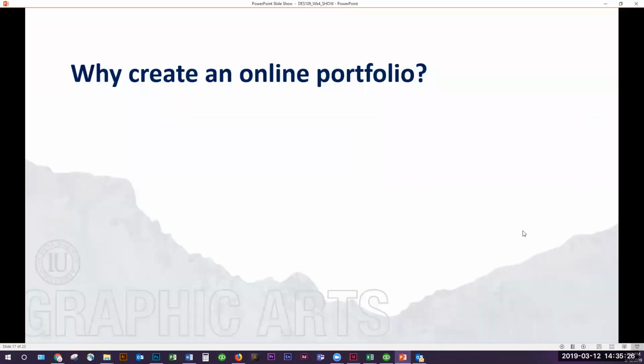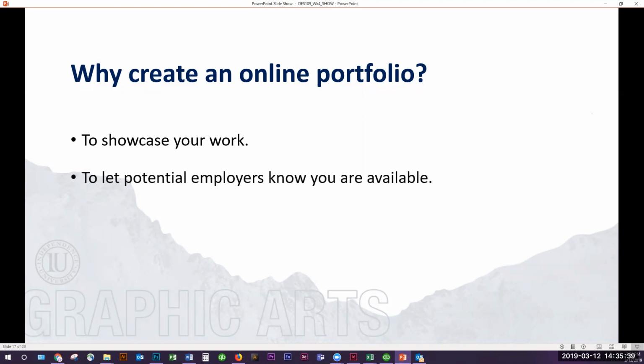So, online portfolios. Why create an online portfolio? For what reasons might we need to create an online portfolio? First and foremost, you want to be showcasing your work. Kind of a given. It used to be that